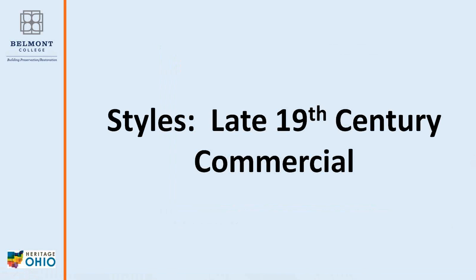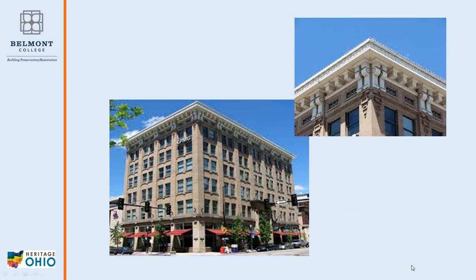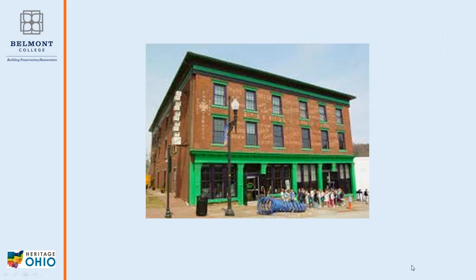The commercial buildings. This first slide is what kind of not to do. This is what happens when you go to Kmart and buy a blue light special in terms of paint. You go out there and I think all the people in front of the building are very proud of the fact that they just painted it. But we don't paint